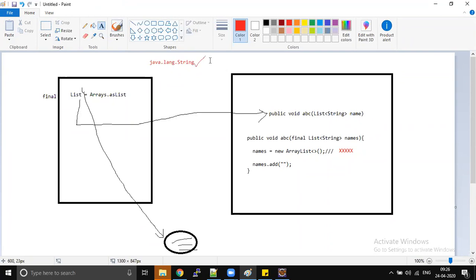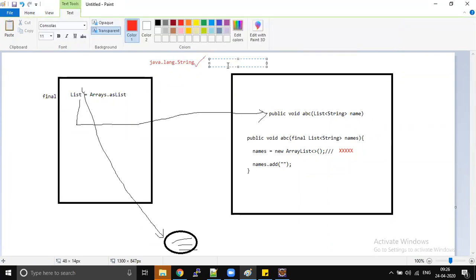No, immutable is for objects. I'm asking about this list, ArrayList, right? Here you're saying that we have created an ArrayList, and if I mark that ArrayList as final, then I cannot reassign that ArrayList again, but still I can add some values to it. So to avoid that problem, in Java 8, there is a new list introduced called unmodifiable list.